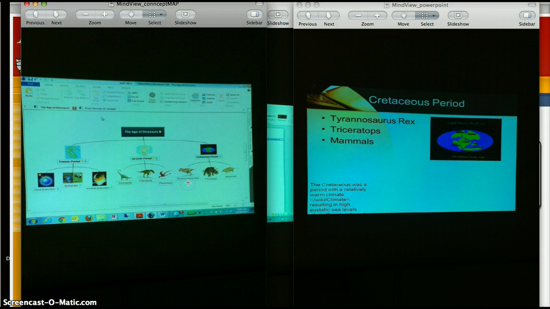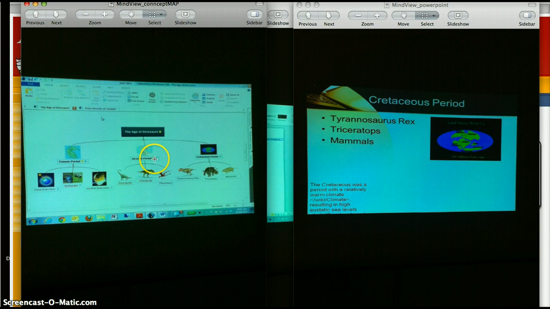In presentation mode, which can be pulled up within the Mindview application, we see the whole concept map, and each component of the concept map can be enlarged so that we can go through each component of the concept map. And as well, companion information such as text notes, web links, videos, and images can be attached to each component and pulled up. So for instance,